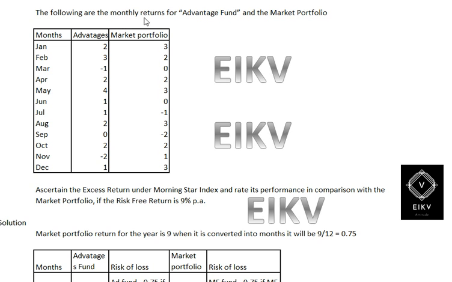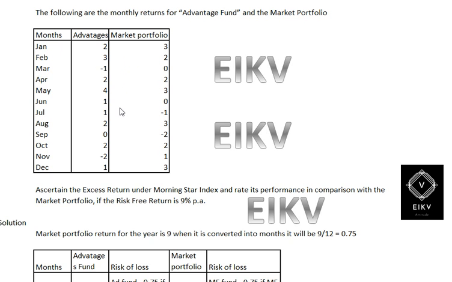So in this illustration, the following are the monthly returns of the Advantage Fund and the market portfolio. They have given a table containing three columns: month, Advantage Fund return, and market portfolio return. The months run from January to December, and the return of the Advantage Fund would be